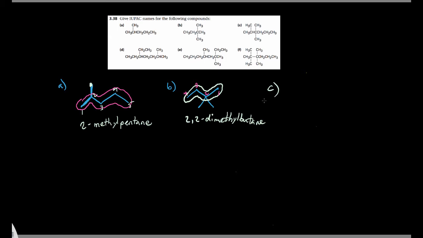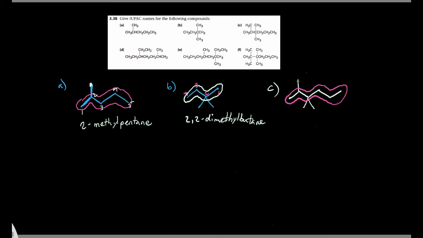Okay, C. Gosh, these condensed structures are just terrible. Okay, so we have 1, 2, 3, 4, 5, 6. 1, 2, 3, 4, 5, 6. And then we have 2 methyls on the 3rd carbon here. All right, so let's look at this one. The longest carbon chain here is